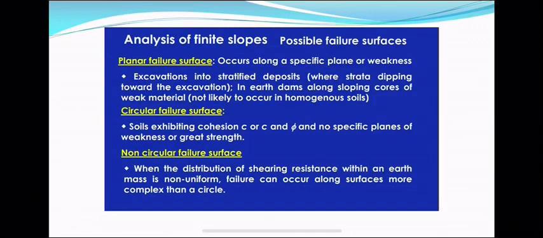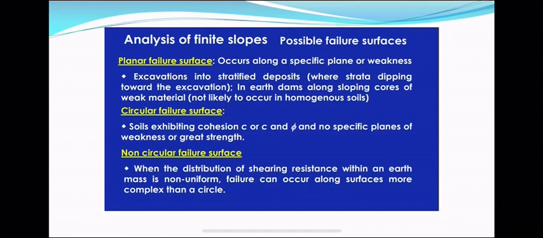So let us first recall whatever we have discussed in the previous lecture. In the previous lecture, we understood about different types of slope failures and causative factors for slope failures, and we also discussed infinite slope stability analysis methods. We also discussed that two types of slopes predominantly occur: infinite slopes and finite slopes. The finite slopes are mostly man-made slopes, and some hill slopes can also be called finite slopes.